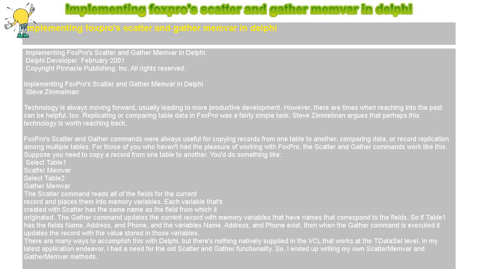SetLength(FFlds, Dataset.FieldCount); for I := 0 to Dataset.FieldCount - 1 do begin with Dataset.Fields[I] do begin FFlds[I].FieldName := FieldName; FFlds[I].Value := Value; FFlds[I].DataType := DataType; end